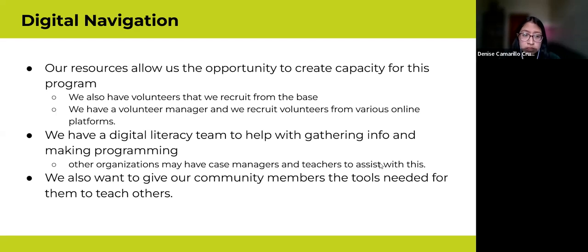One core aspect of this is our volunteers. We do have a large number of volunteers that make this possible for Make the Road. When I mentioned our one-on-one tech appointments, those are held by our volunteers that we recruit from our base. So we usually recruit these volunteers from our own community. We also recruit them from various online platforms. We currently use New York City Service as one, and Volunteer Match, and also our own form on our own website. So that's where we've been getting the capacity to expand our digital literacy resources,